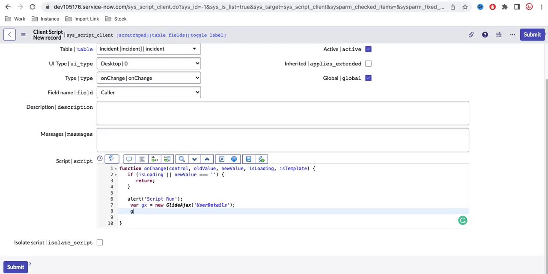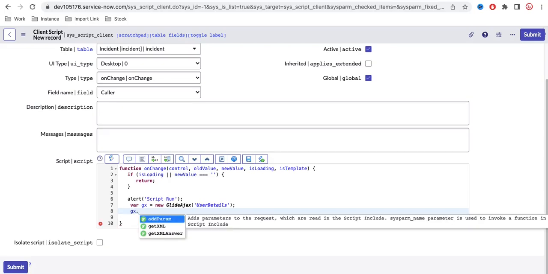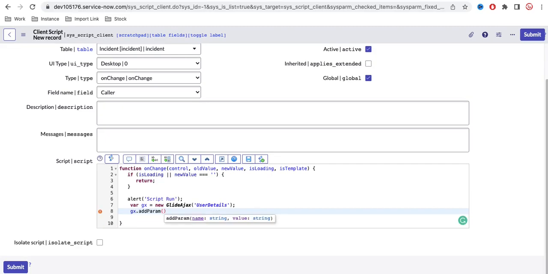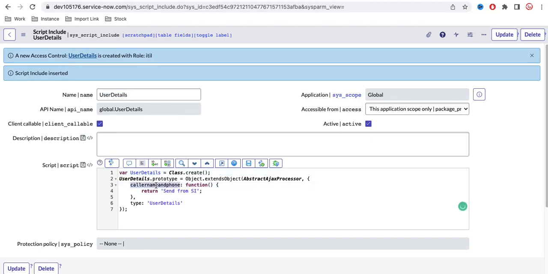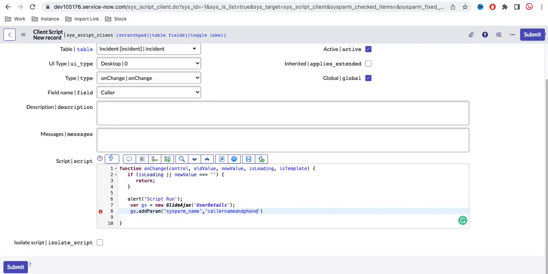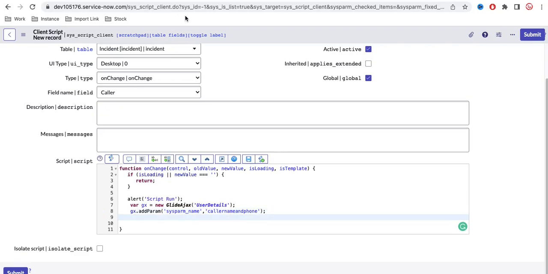To define that, we put gx dot addParam, and under this we need to put the parameter name. So we will say sysparm_name, and then here we need to define the function name. What is the function name we are trying to call? This is the function name we are trying to call. We'll copy that and paste it here. What it means is: call this script include with this function